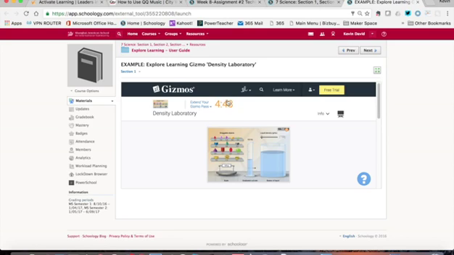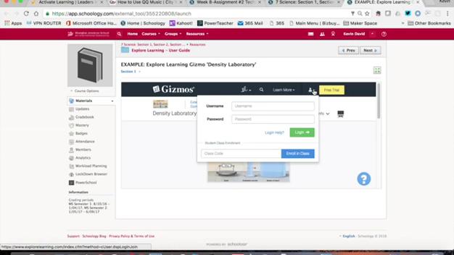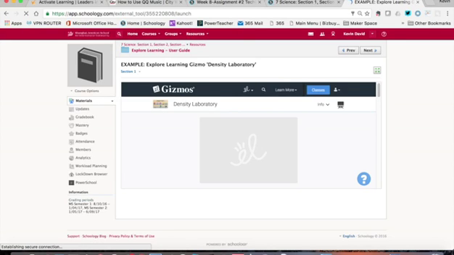So if you see that pop up, all you need to do is come to your icon here and log in. Now, you won't be enrolling again. You won't have to do that again. You simply need to put in your username and your password, and then you'll see it reload,